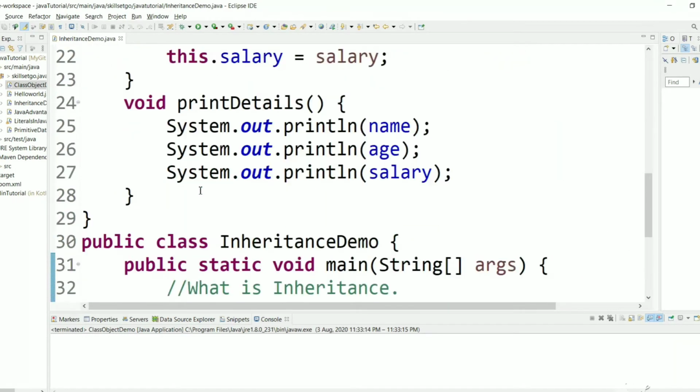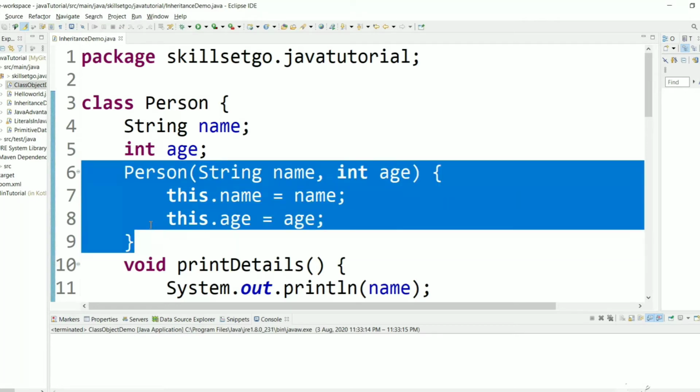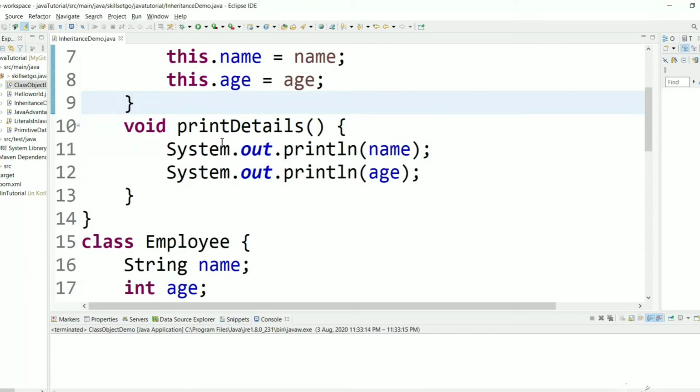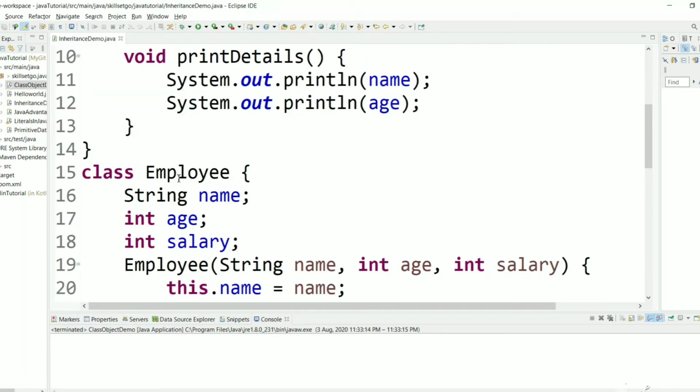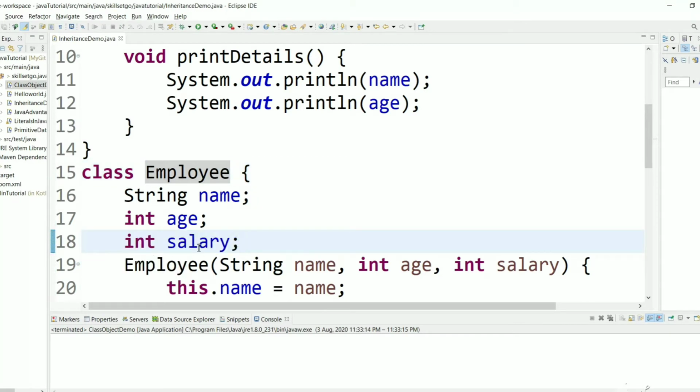So for demo purposes I have two classes. One is Person, which has two fields, name and age, and a constructor which initializes the values for name and age, and a function which prints the name and age. And we have another class, Employee. Employee has name and age, and an extra field than Person, which is salary.